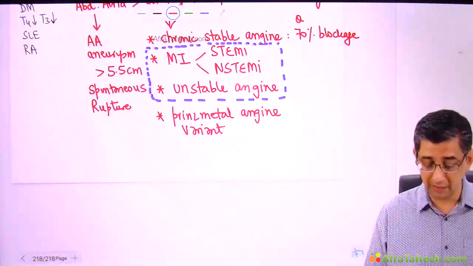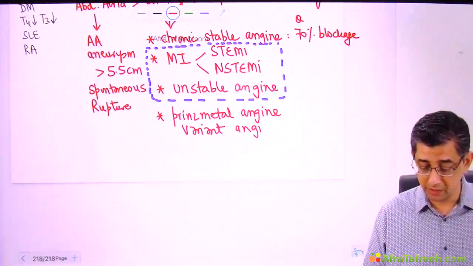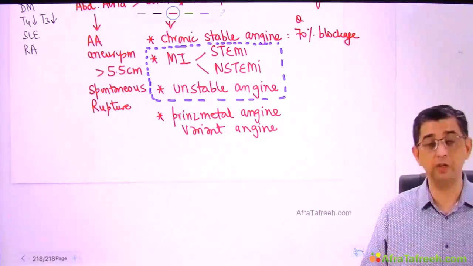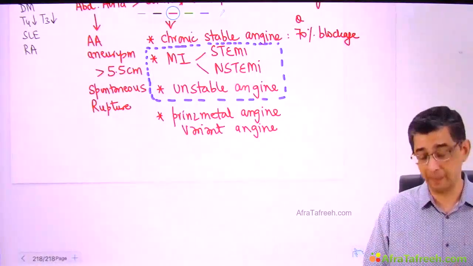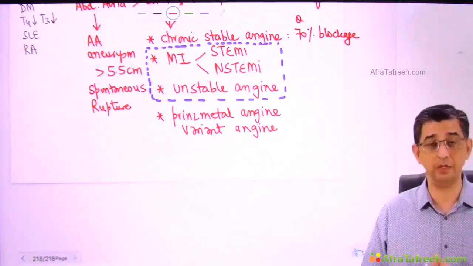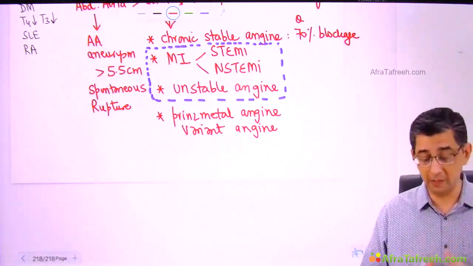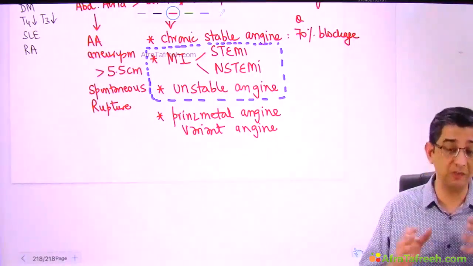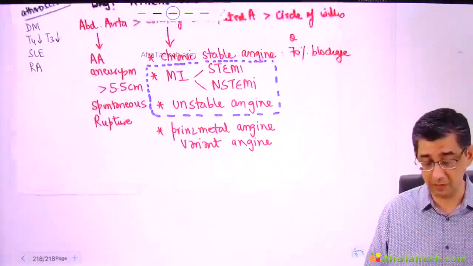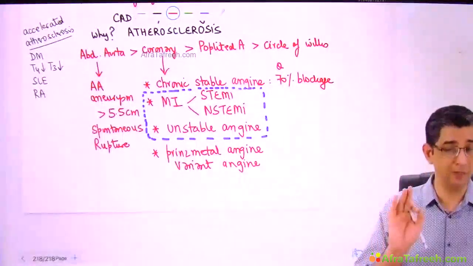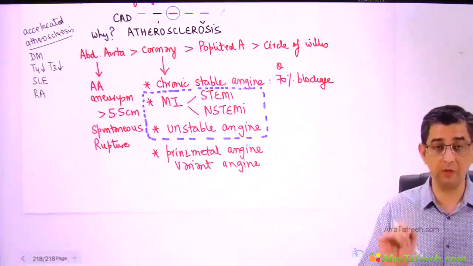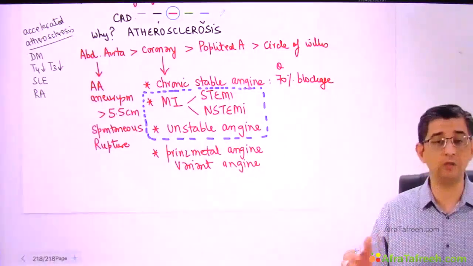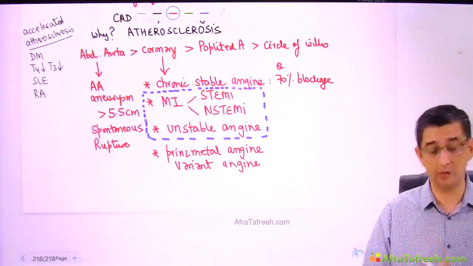Why it is called variant angina is because this is the only angina where you get a ST elevation. All other anginas, whether it's chronic stable angina per se, are going to have a ST depression, maybe on a treadmill test, but Prinzmetal angina always has a ST elevation. So as we progress in the discussion, you will feel more comfortable with these terminologies. But at the moment, the minimum perspective I want you to remember is there are three differentials of acute coronary syndrome, and you also need to know, in decreasing order of importance, the blood vessels involved in the atherosclerosis topic.